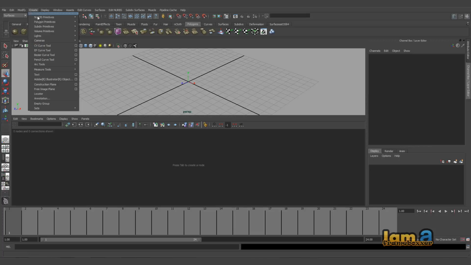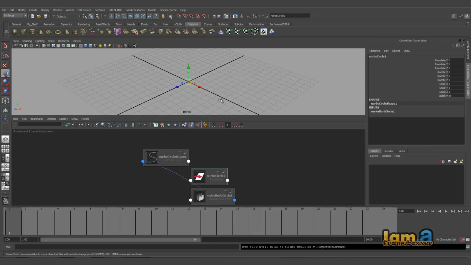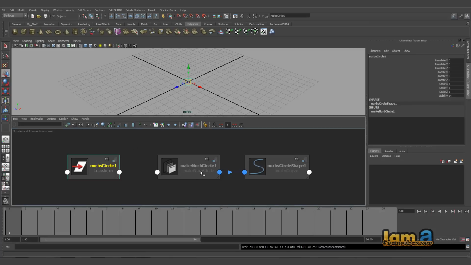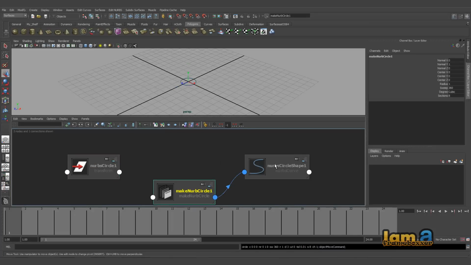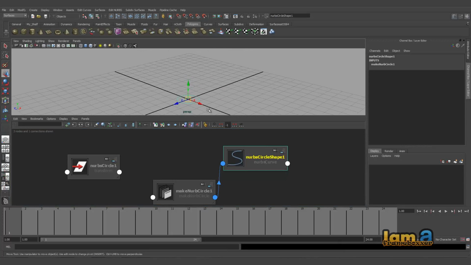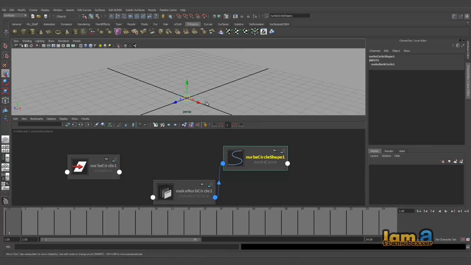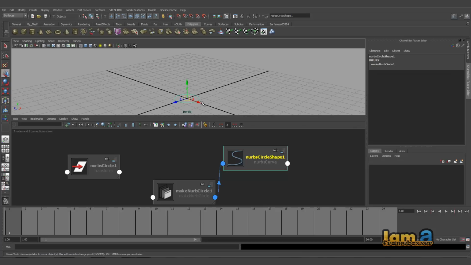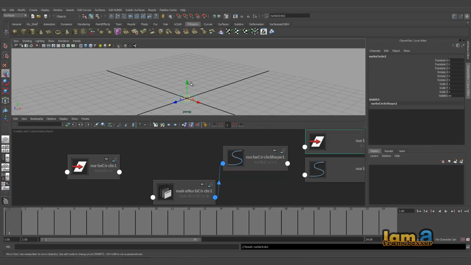So let's take up a NURBS circle. The moment you take up a NURBS circle and click on this, you have the shape node that is associated with the circle, and you get to see this. Just for your quick and simple understanding, we can talk a lot about it, but just for a quick understanding about an input and output connection, I'm taking a copy of this, I'm keeping it here. Now using the circle, I'm just executing.